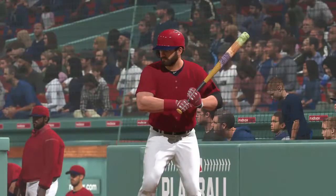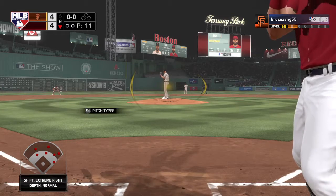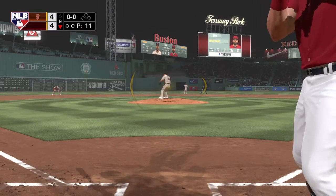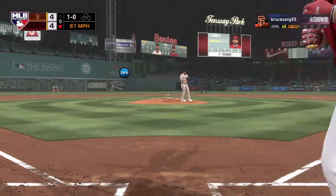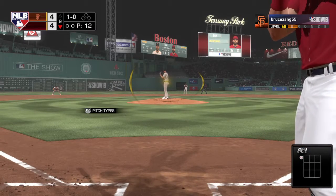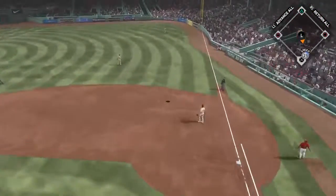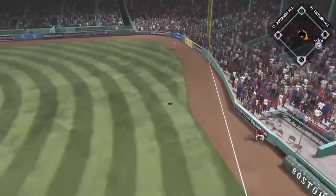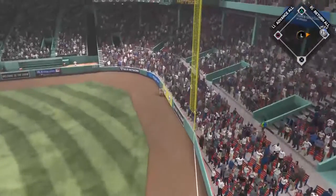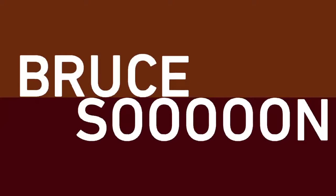Mitch Moreland is up off the bench to lead it off as the possible winning run here in the bottom of inning number 9. And he'll lay off a fastball here in a good spot, but ruled a ball, 1-0. A swing by Moreland and a ball soaring to right field. Gallo going back for the track to the wall. Goodbye home run. And guys, time to recognize the man who really